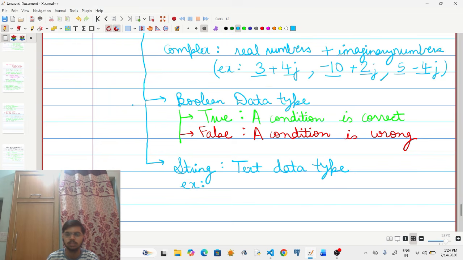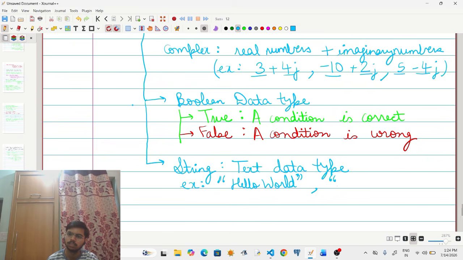Let me give an example. If I write hello world in inverted commas, anything in inverted commas is a string. No matter what is inside these inverted commas, everything is a string.